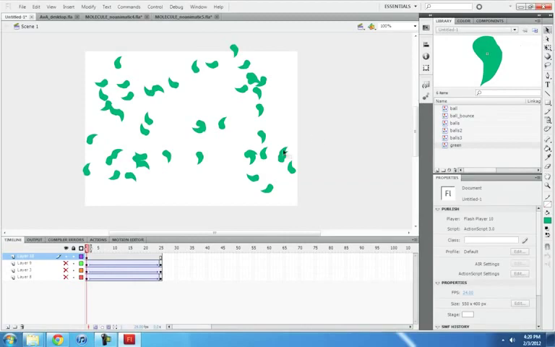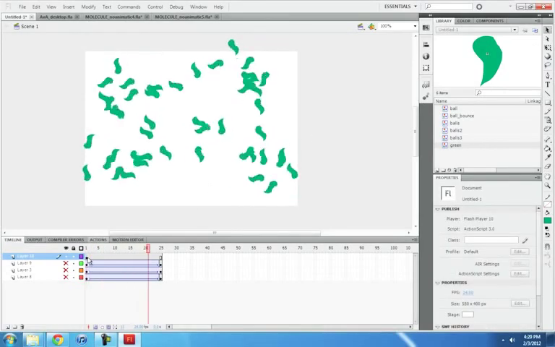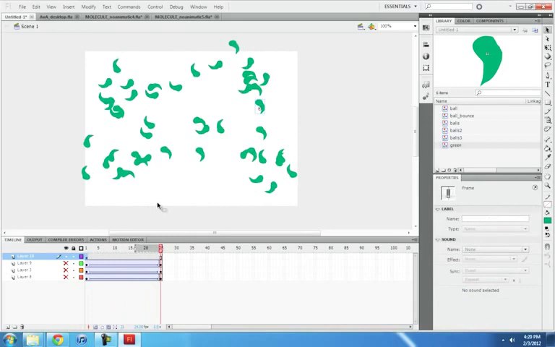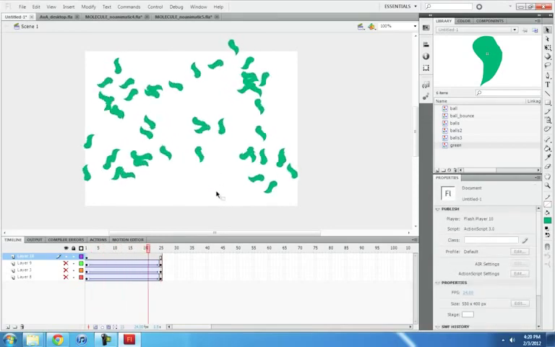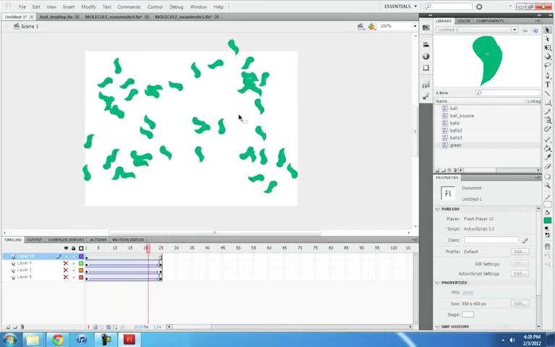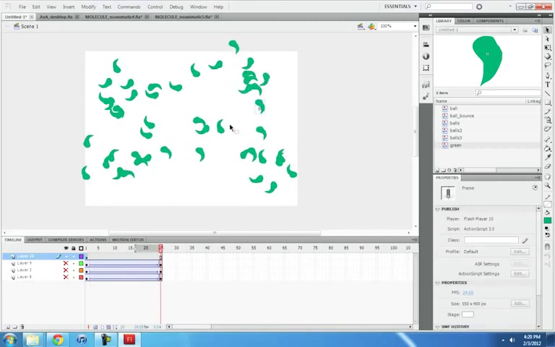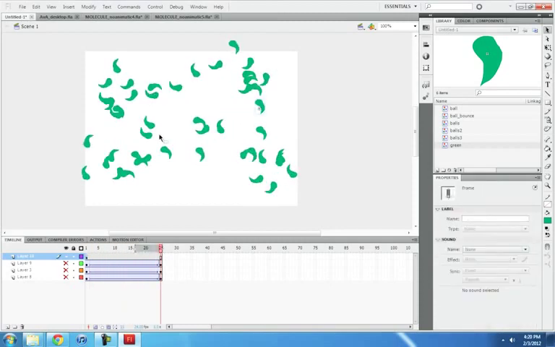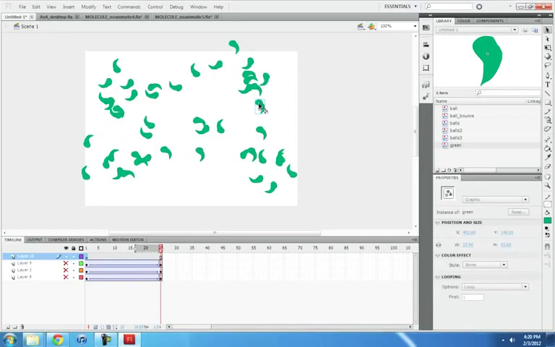Alright, so if I click play, it looks pretty gross. Yeah, they're all squirming on their own little timeline, except if you notice, the timeline is exactly the same for each one. They all start and stop on the same exact frame. So to get around this, you have to change the looping. So if I click on the first original one, under here looping, it starts on frame 1, and that'll be the same for each one of these. So we'll need to change